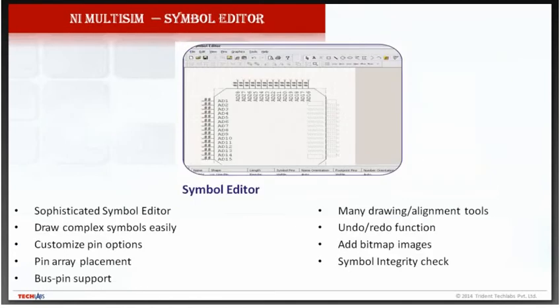Suppose we have created, this is a symbol editor. Suppose we have made any circuit, we can create a symbol or sub circuit of that circuit, or even a new component.